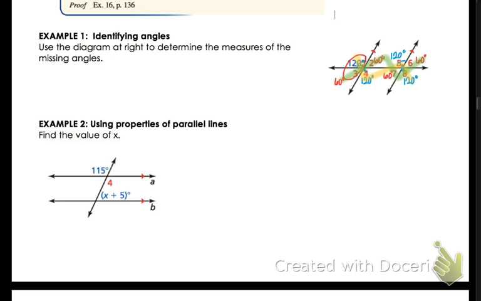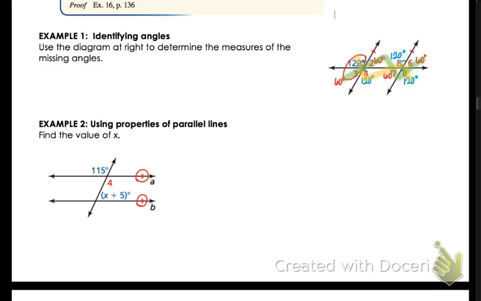Now, looking at this next one, this is an algebra problem. It wants us to find the value of x. Now, something that hopefully you notice on this picture is that they've marked these 2 lines as parallel. So since we know they're parallel, that means that those 4 theorems we talked about today are fair game. So if I look at this,